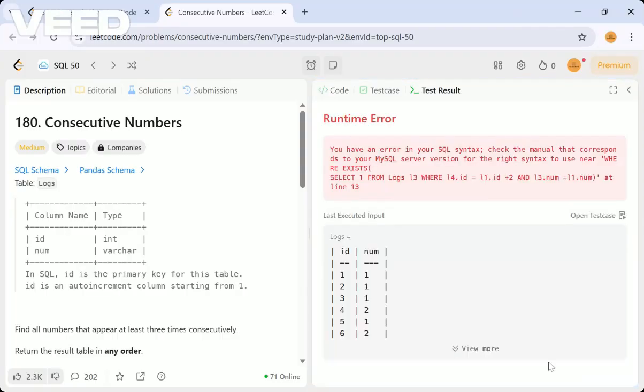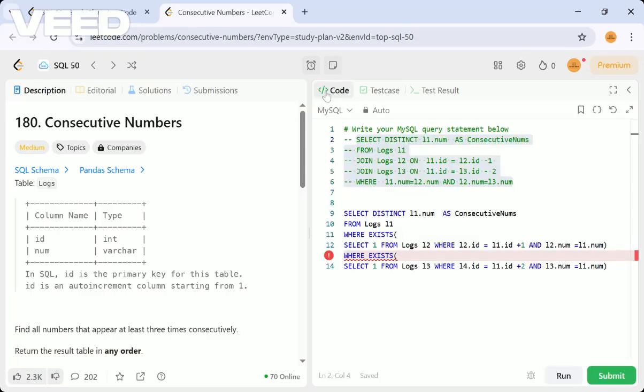Oh, why today are we getting so many errors? So yeah, braces are there, where exists. Sorry, we should not get where two times, right? We should have an AND condition here. So that satisfies and this should also satisfy.